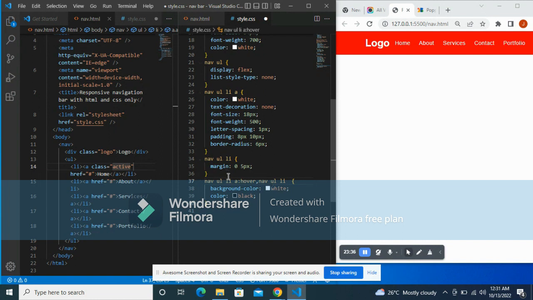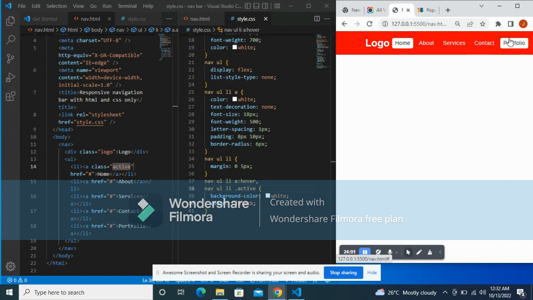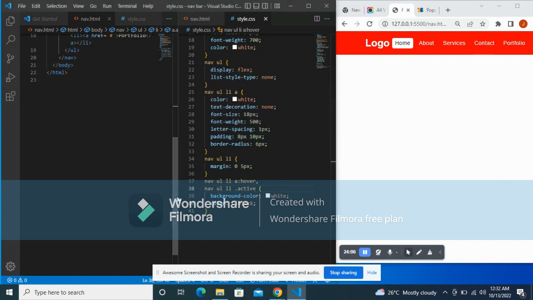And instead of putting a there, we put the class active to specify home. I mean home and only home. So put it dot active, paste. So the home has the active class. And once you run it, yes. So with that being done,